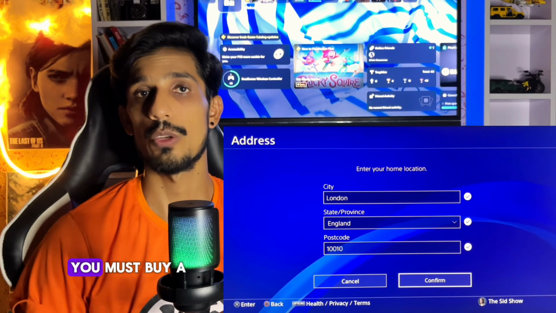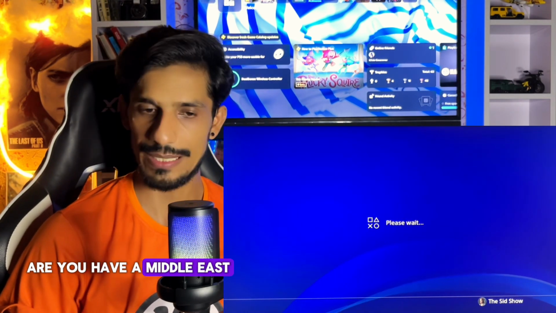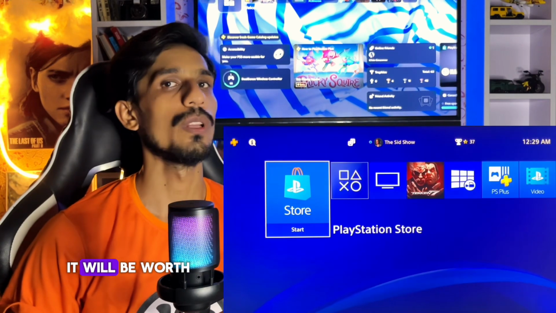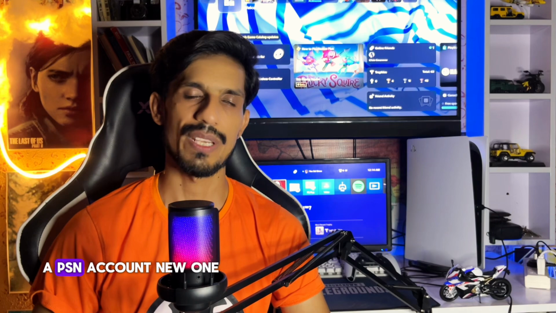If you have Turkey, you must buy Turkey gift codes or redeem codes, or if you have Middle East, you must have a Middle East gift code and then add it. It will work. You must have the same region and the same region gift card. And if you have a different one, then you just make a new PSN account, and that's how you can